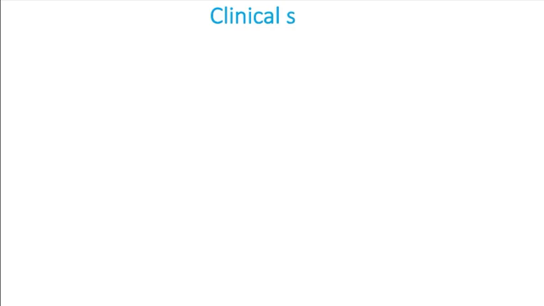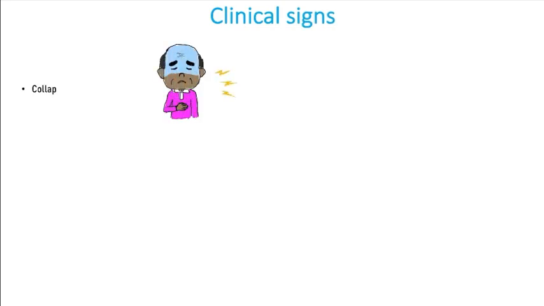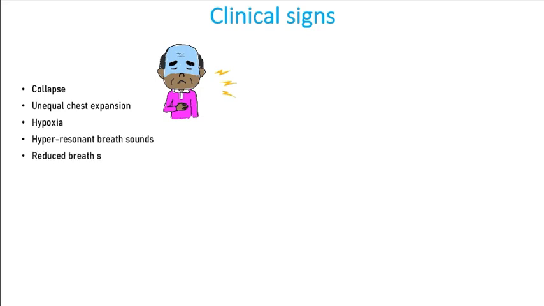With pneumothorax, it's really important that we pick up on some clinical signs. For example, you can look at this man here who is complaining of chest pain. The patient can collapse due to hemodynamic instability. There can be unequal chest expansion. The patient can be quite breathless because not enough oxygen is being delivered to the lungs. The lungs can sound hyperresonant, because you're accumulating air and air sounds hyperresonant on auscultation. You can also have reduced breath sounds on the same side because your lungs are not able to expand